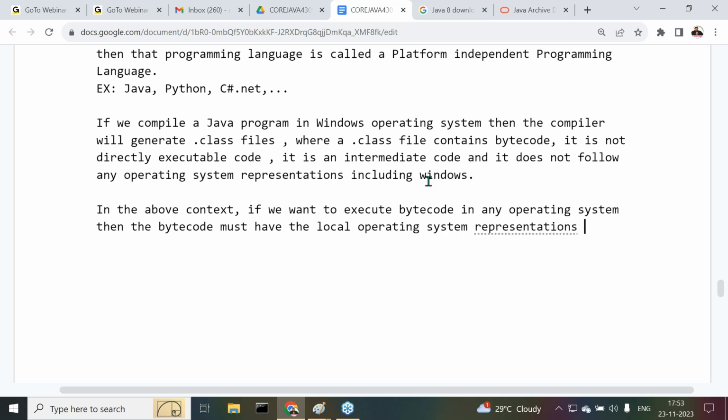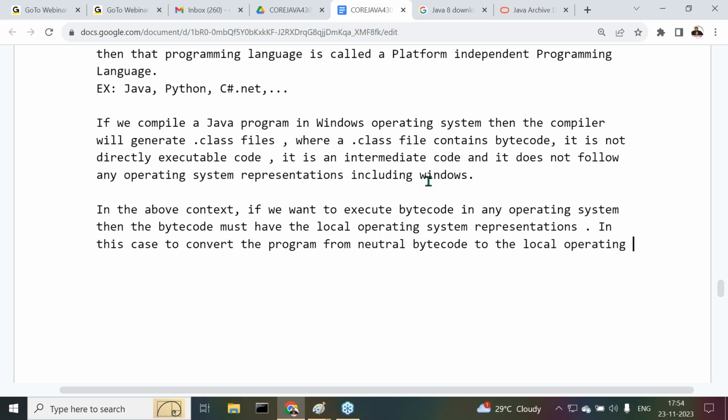In this case, to convert the program from neutral bytecode to the local operating system represented bytecode,